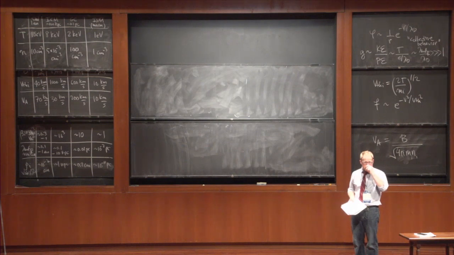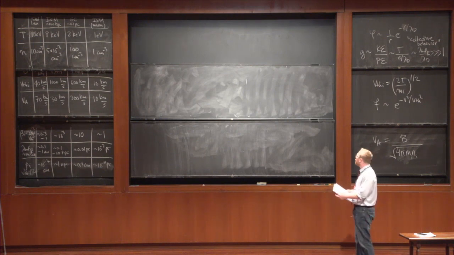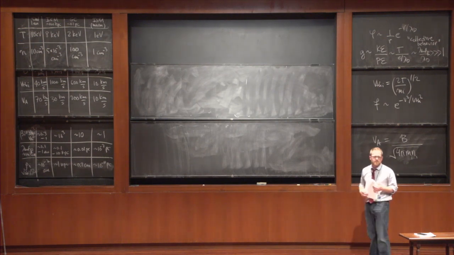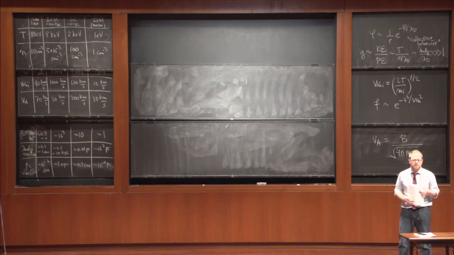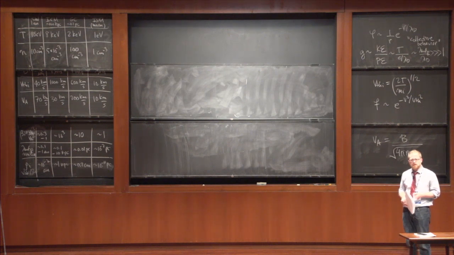For the definition of plasma beta, do you end up using the Larmor radius instead of the mean free path over there? It depends on the plasma. So some things that I'll talk about in the second lecture, yeah, the Larmor radius does play the role of the mean free path in some cases.